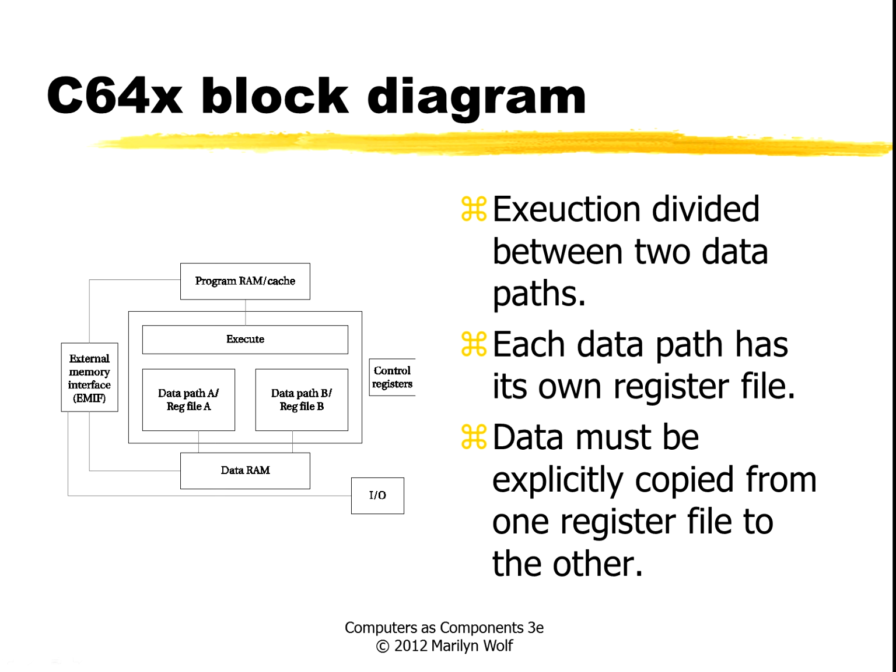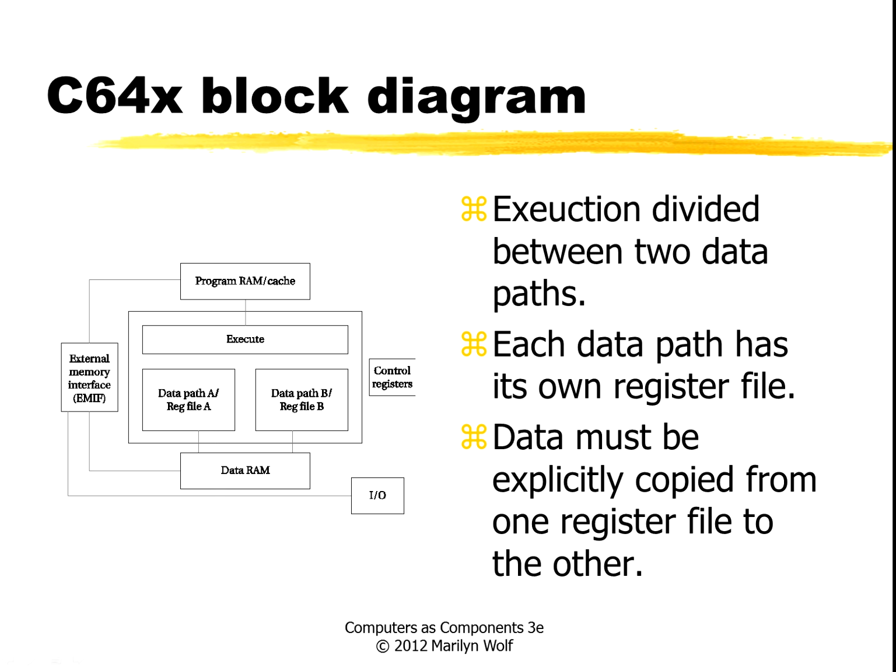Now, why have 2 separate data paths rather than just one? It's because the larger the data path, the larger the register file, the slower the register file. So by breaking the register file into 2 pieces, we can make the data paths in combination with the register files run faster. But that means that if you want to